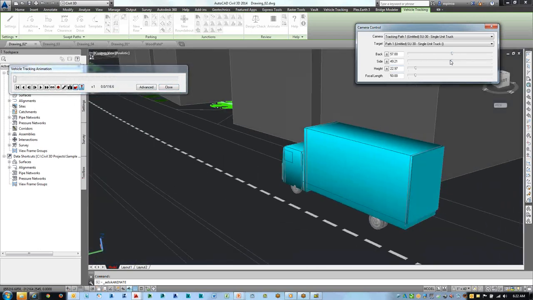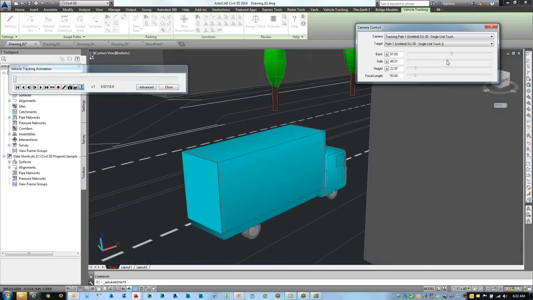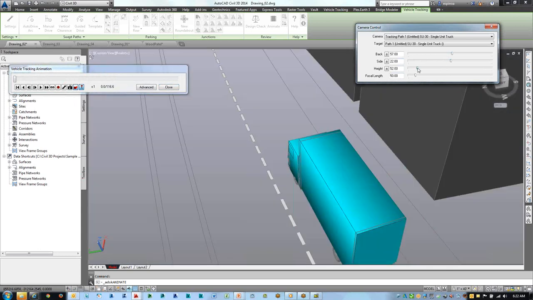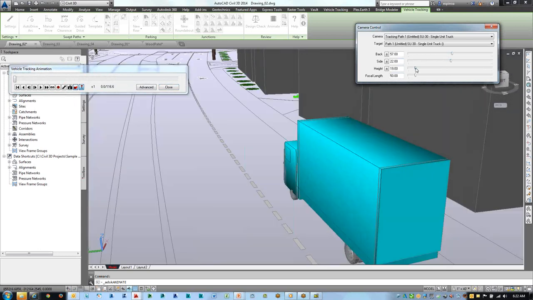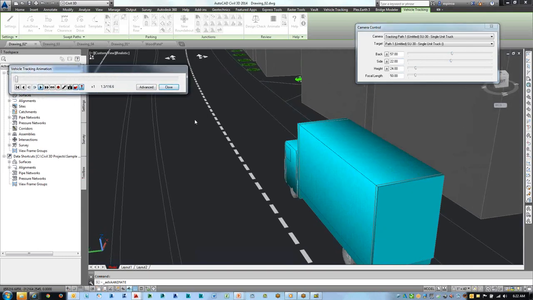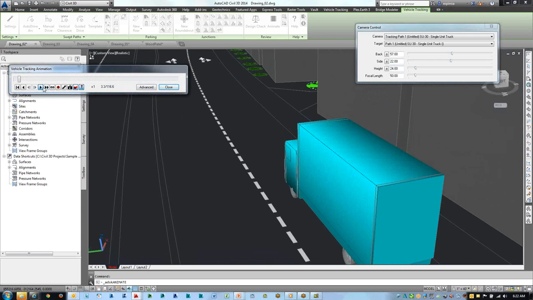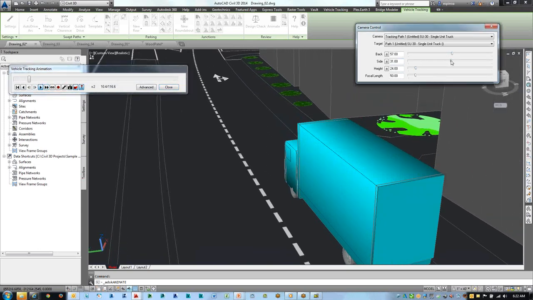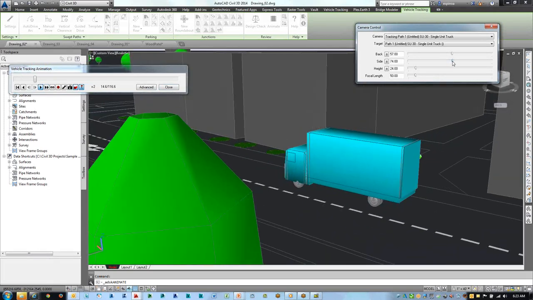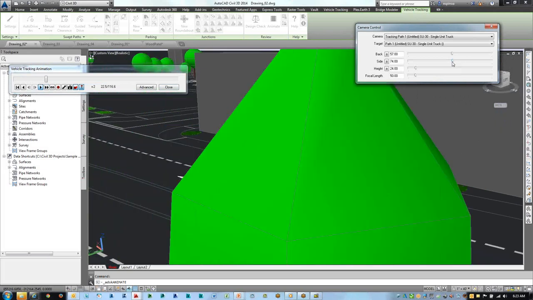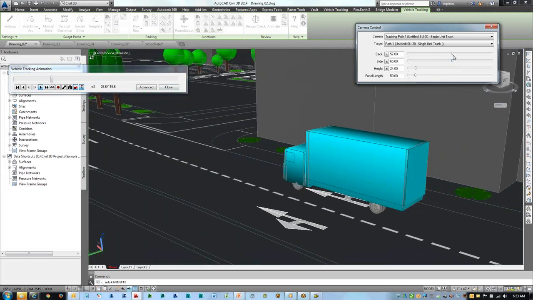I can move myself forward relative to the vehicle, or from the left or to the right of the vehicle, also changing my view height here, get higher or get lower in relationship to that vehicle. I'm going to go ahead and tell it to drive or play, and that vehicle will begin to move. Let's make this a little bit faster just for the sake of time. And then maybe as I move around the side of this vehicle, we can see that it will then be approaching the entrance drive,